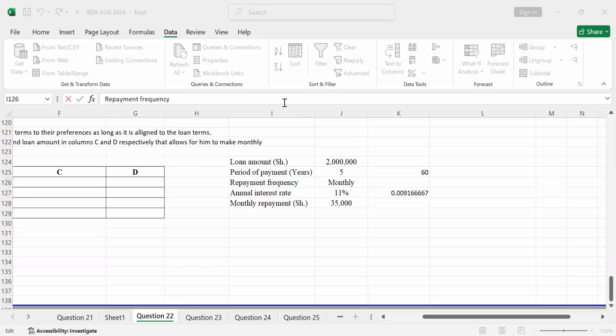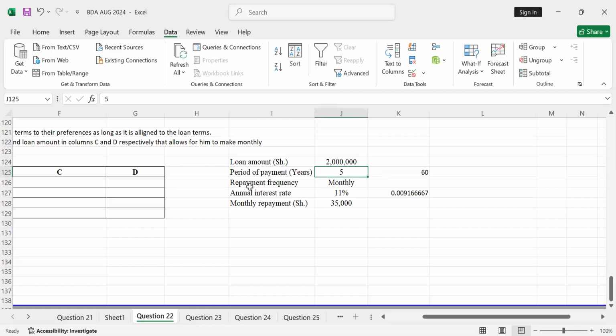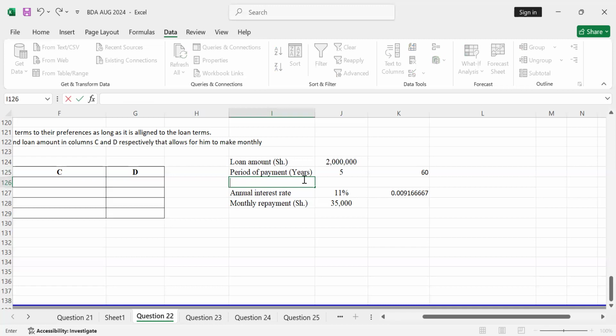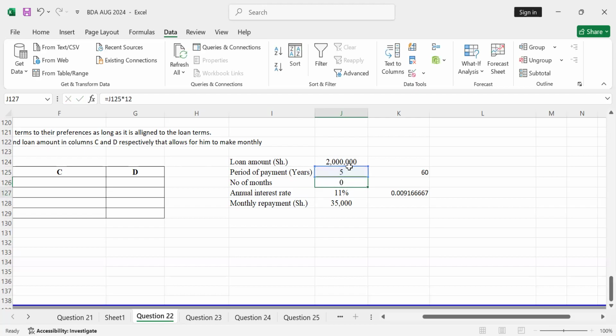Okay, I've seen the mistake where I'm doing it. There are some things that I need to include here. Let me first include this information first. Depending on the one that we were doing, we need to have the number of months. I will have it here. The number of months, I said, is this one. We were multiplying by 12. I multiply by 12, and that one was giving us 60. The interest rate, we have it here.